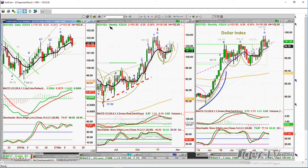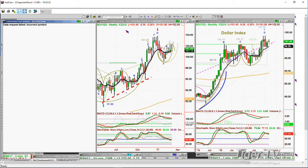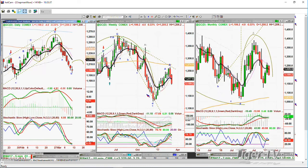the golds, and if gold refuses to take out the low that was made, I'm having trouble. New keyboard, maybe I'll have to go back to the old keyboard. The low that was made this morning, if it takes it out, then there's a good chance it's going to test the low of the 27th of January at 1182. Now, what's really important about this is my thinking is that gold stocks, etc., are really well